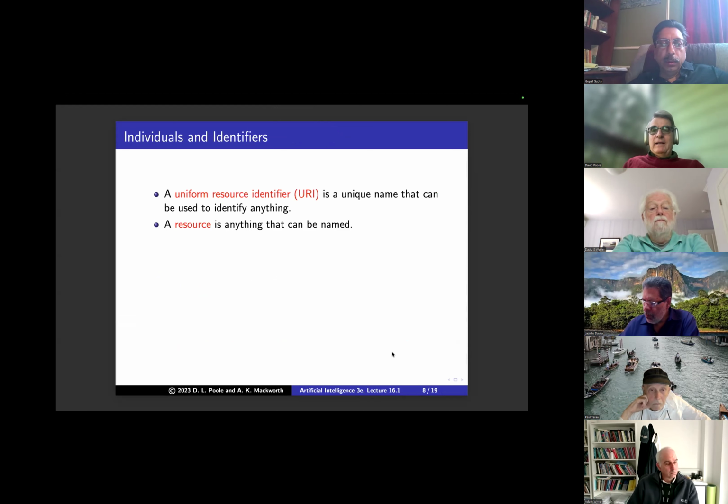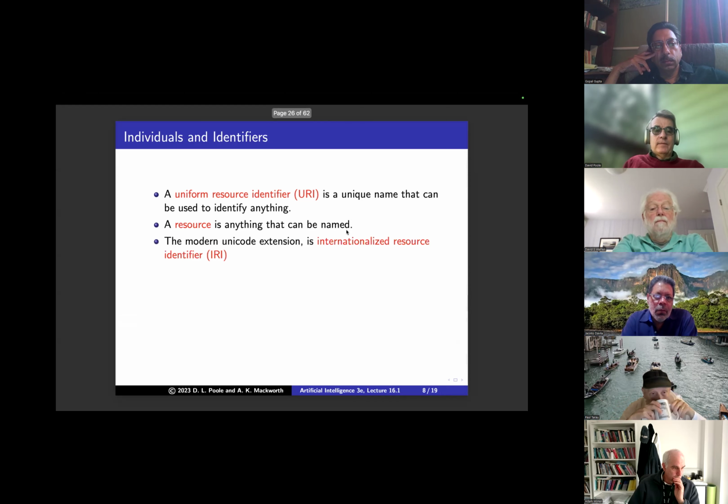All right. So then the next part is the universal resource identifier, a unique name that can be used to identify anything. It's just sort of a constant in Prolog. And this is Tim Berners-Lee's naming of things for the World Wide Web. A resource is just anything that can be named. And the modern one we use is the internationalized resource identifier.